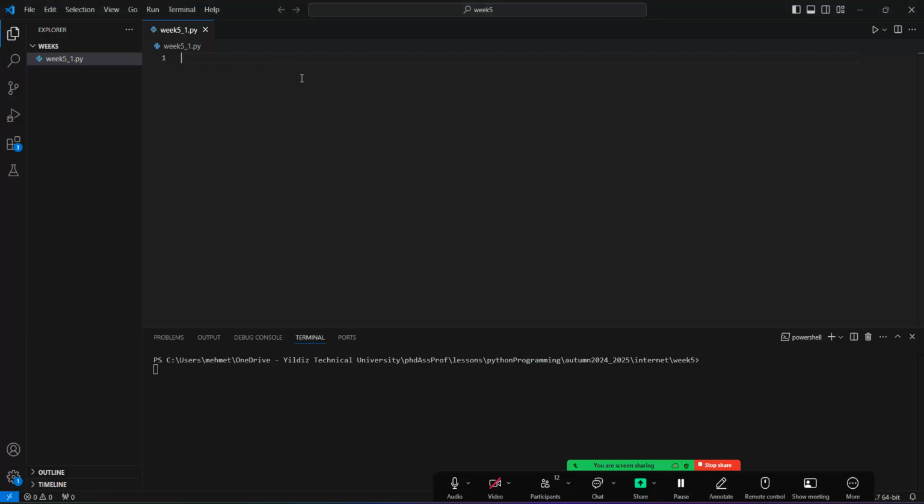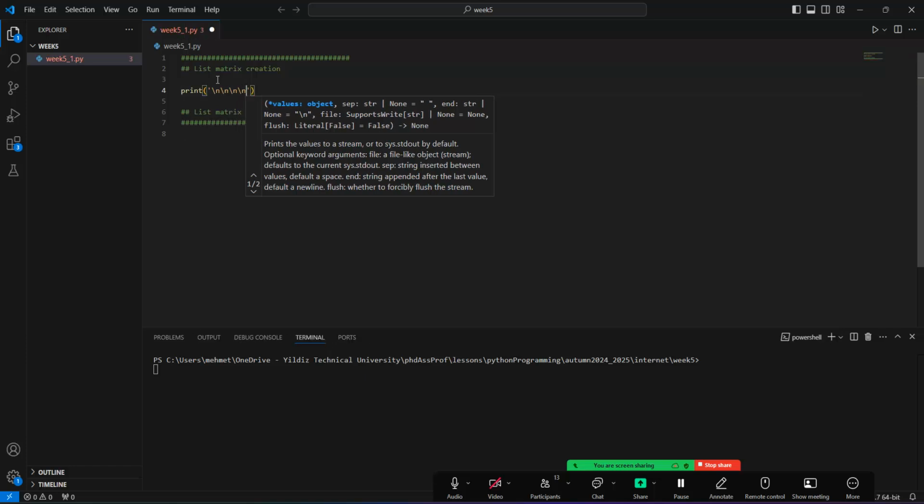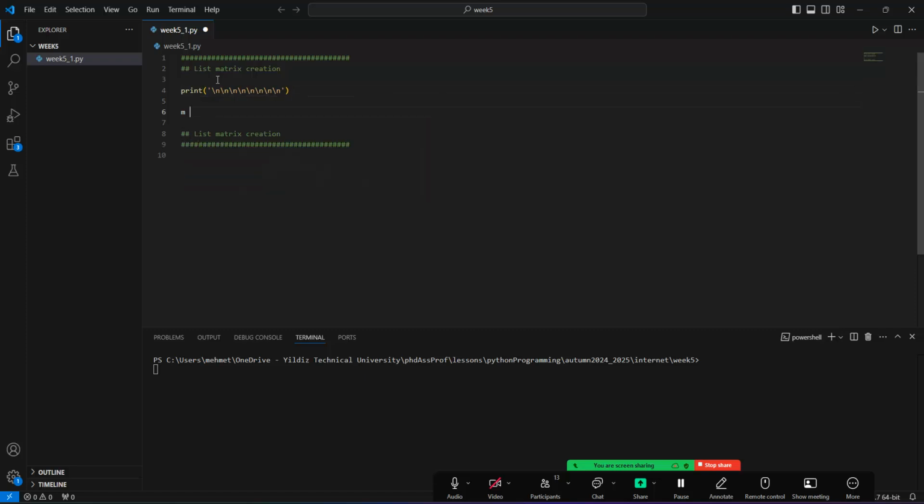So, in this lesson, we will firstly build the example about the list matrix creation. In order to do that, we need to build this one. First of all, we need to give the new line, just like this one. So, the M is a list, but it is a multiple list, which means that we can add 1, 2,